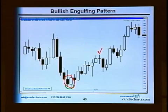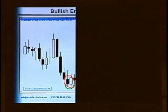Yes, we're going to look at adapting to the market, shifting our stops as we get new market information, because as time progresses, the way the market looks here is different than the way the